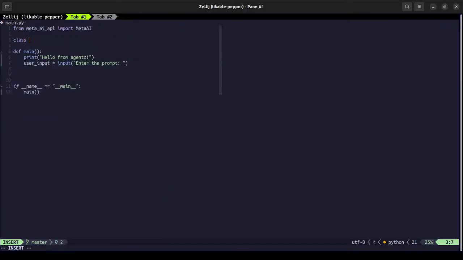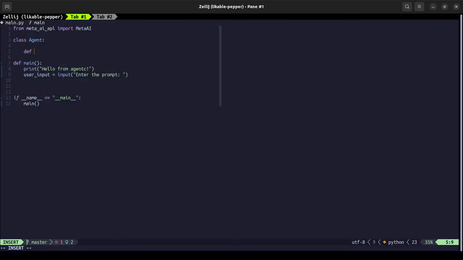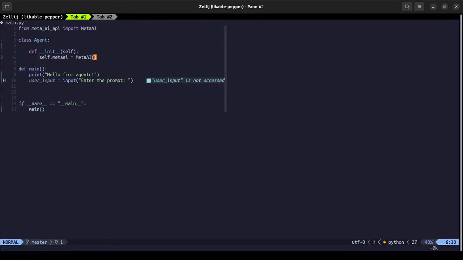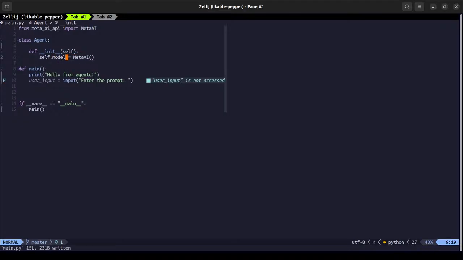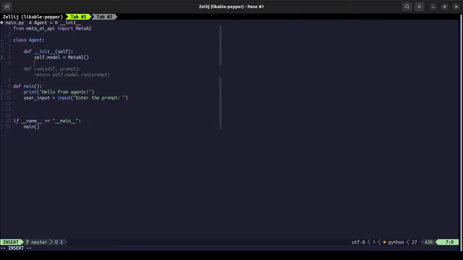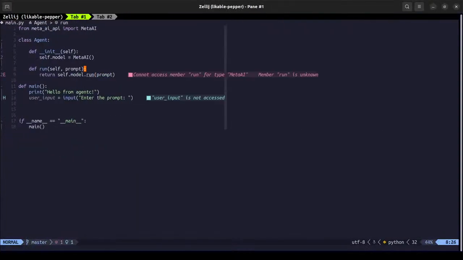Let's create a simple class called agent and the initializer, and this will be self dot model. We'll set it as Meta AI, and we don't need any API keys as such, so that is fine for now.